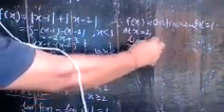Now come to the next point, at x is equal to 2. Here you take the right limit. Limit x tends to 2 plus f(x) is equal to limit x tends to 2 plus. 2 plus means greater than 2, and for greater than 2, the value is 2x minus 3. So you write it here, 2x minus 3. What is its value? 2 times 2 is 4, minus 3. So here you have 1.